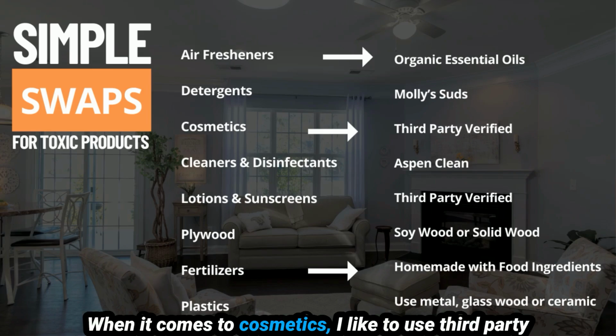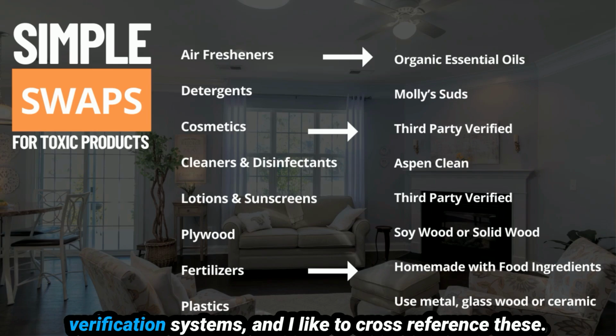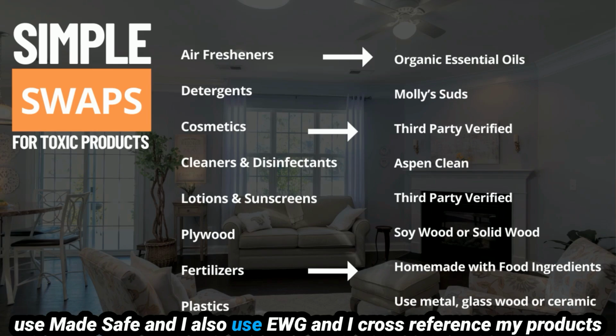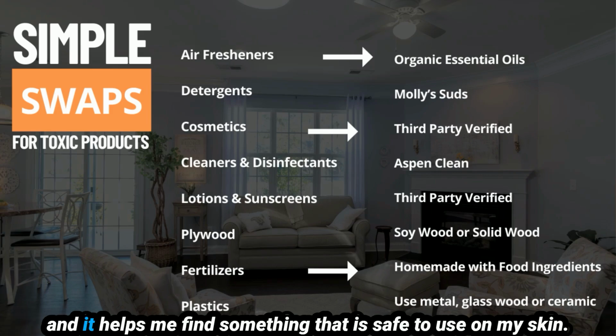When it comes to cosmetics, I like to use third-party verification systems, and I like to cross-reference these. I don't use just the Think Dirty app, but I also like Clearia, and I also use MadeSafe, and I also use EWG, and I cross-reference my products,